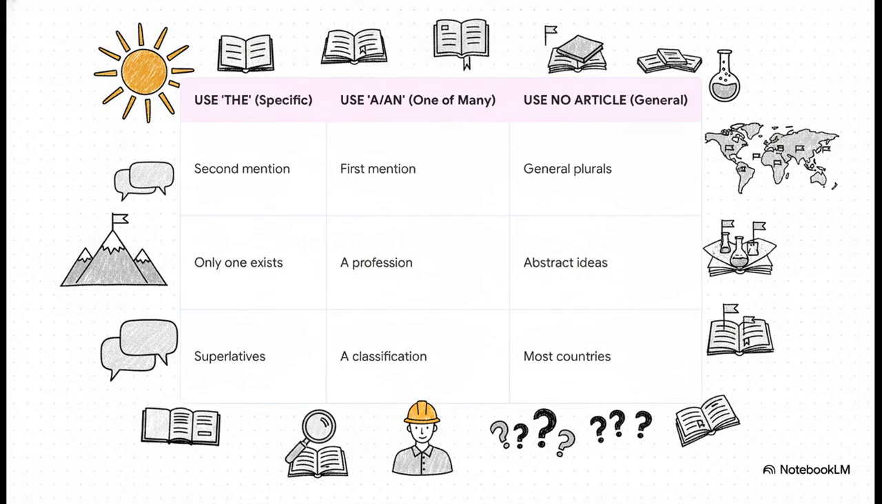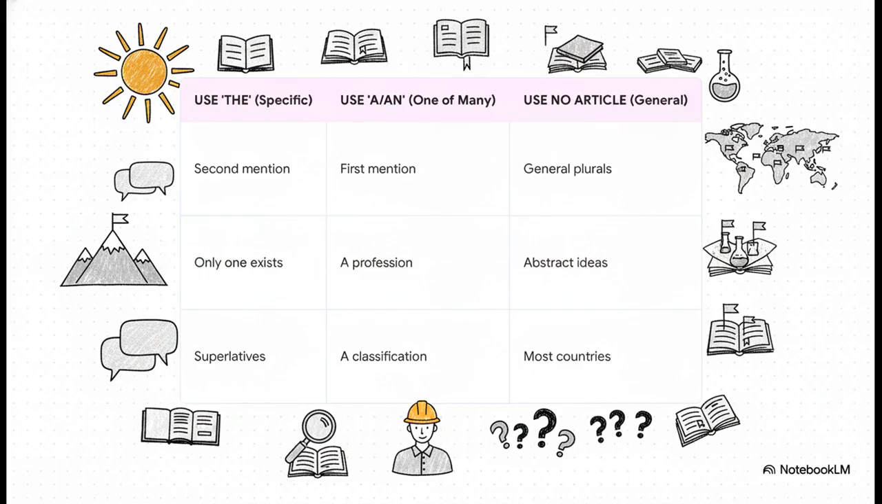It lays out the core logic perfectly. You use "the" for specific things, like the second time you mention a noun, or when there's only one of something, like the sun, or with words like highest or best. Then you use "a" or "an" when it's just one of many non-specific things, like the first time you mention it, or if you're talking about a job, like "she is a geologist." And finally, you often use no article for really general stuff, like plural nouns in general, or big abstract ideas